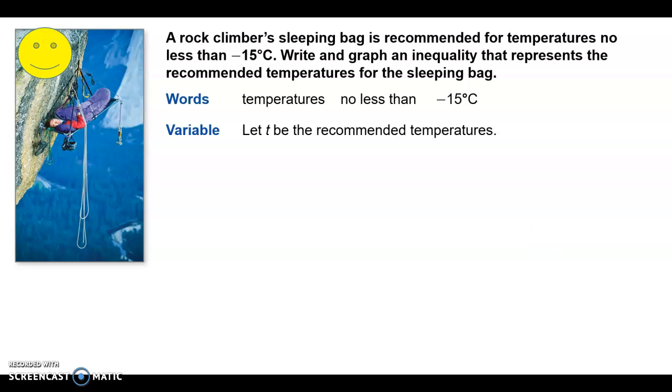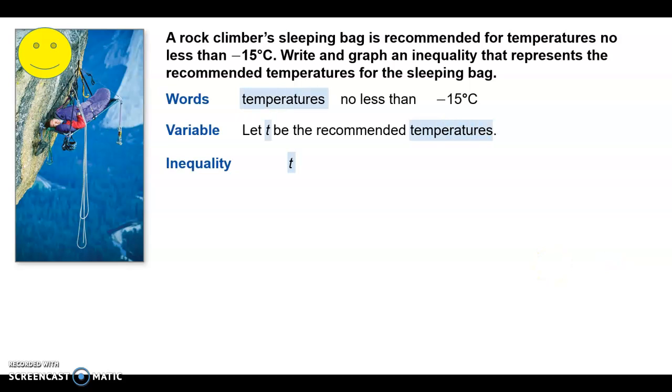Next one. A rock climber's sleeping bag is recommended for temperatures no less than -15 degrees. Write and graph an inequality that represents the recommended temperature of the sleeping bag. So on this one, if we put the words temperature no less than -15, so variable, we're going to use T for temperatures. So the inequality will be T